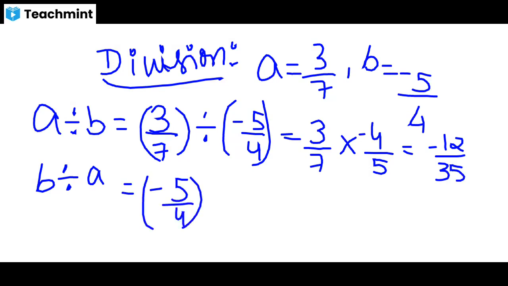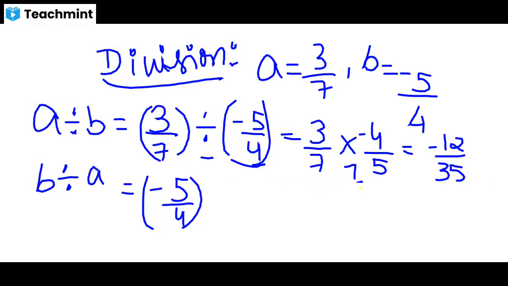See, when you are removing the division symbol here, you should just change the division symbol into multiplication. And 5 by 4, whatever is there after the division symbol, when you are changing it to multiplication, you should just take the reciprocal of it. 5 by 4 becomes 4 by 5. Whatever the number you are having, you should take the reciprocal of it. Reciprocal means the numerator goes to the denominator, and the denominator goes to the numerator.